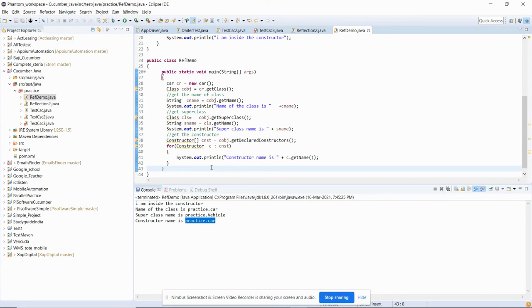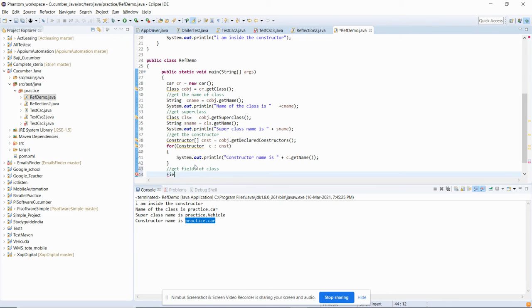Now there is one more interview question: how to fetch the fields in Java using reflection. So you can say, get fields of a class. How will you fetch the fields of a class using reflection?